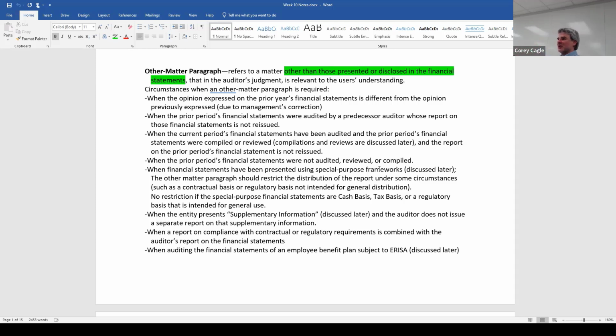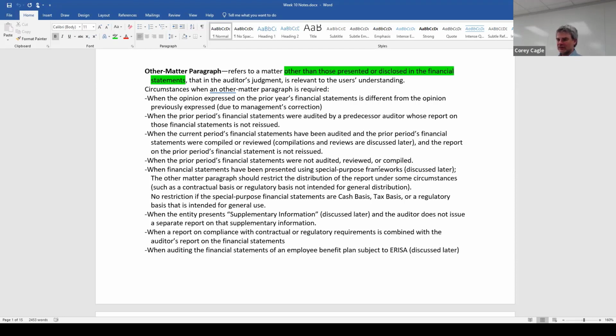That wouldn't be for everybody. So we would have a restriction in the report. So anybody who might have gotten their hands on it would be like, oh, here's all the stuff, right? But if it's just like a special purpose framework that's more general, like cash basis or tax basis or something,